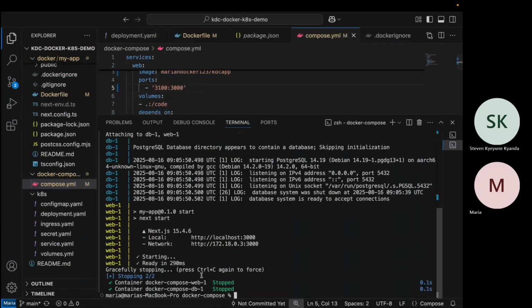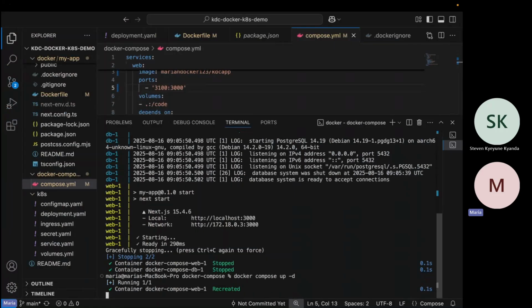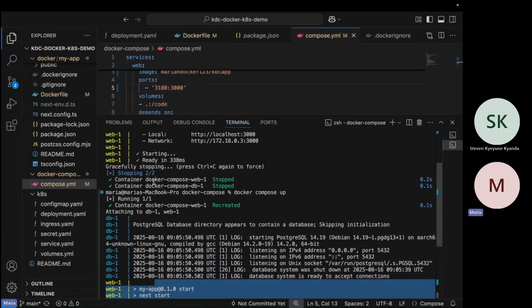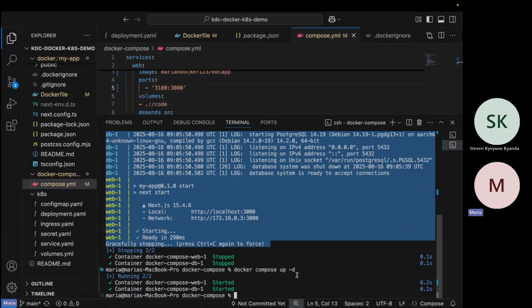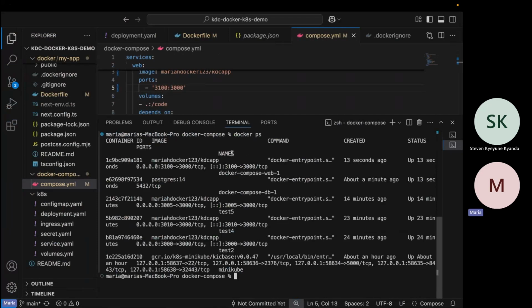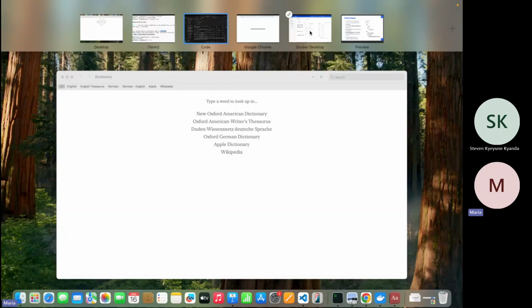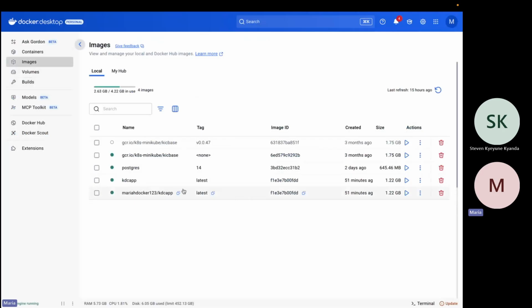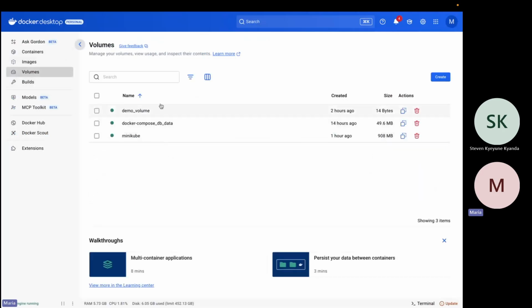3000. So Docker Compose app -d to run this in the background. So the containers have started, but you're not seeing all this noise. Yeah. So they're running in the background, and when you do a Docker PS, they should show up 13 seconds back and a minute ago. You can also see these containers in your Docker desktop. So they are all listed here. The images are listed. The volumes are listed.